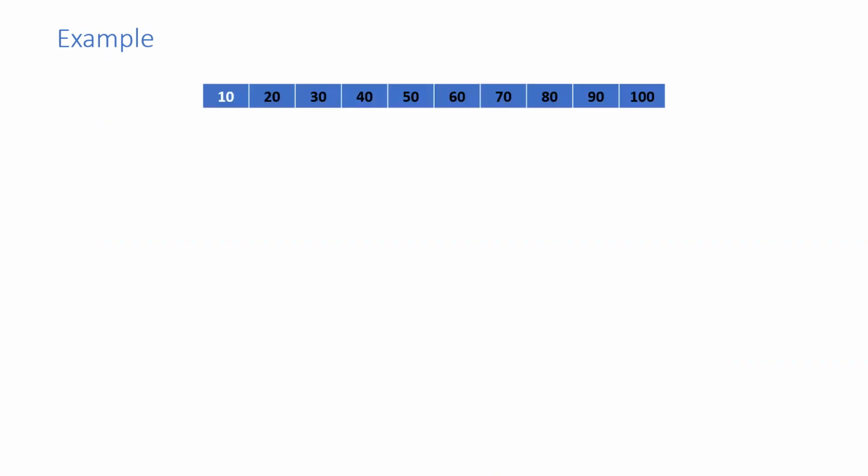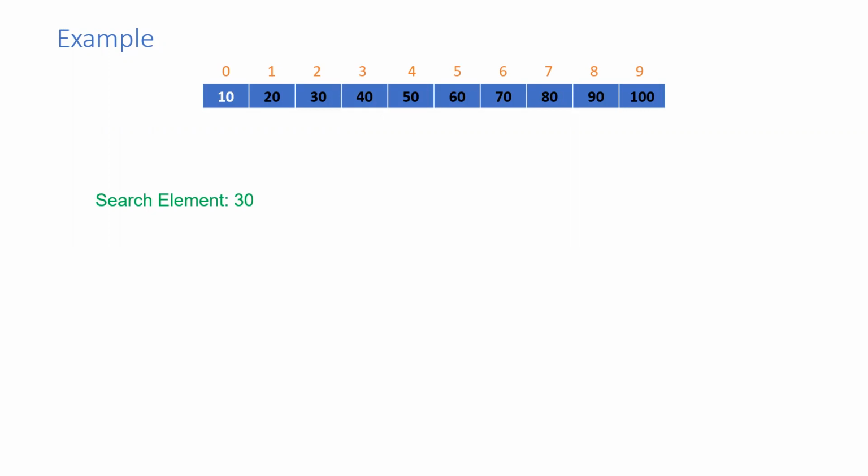Here is an example where we have 10 elements in an array and you can clearly see all the elements are in sorted order. And binary search algorithm mainly works based on indexes of the array elements. You can see here the first element is denoted with the 0th index, and as there are 10 elements in the array, the last index is denoted with 9th index. And in this example, we are going to search for the element 30.